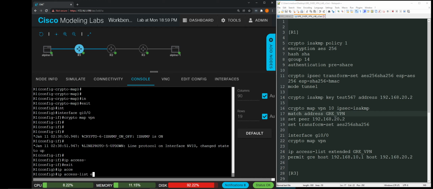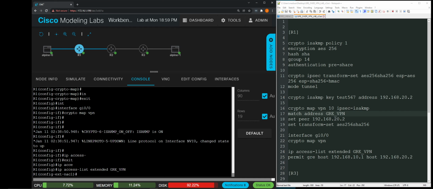So IP access list extended GRE underscore VPN. Now the really important thing here is that this is a little bit different than what you would normally see. So we're going to permit the GRE protocol, and we're only going to allow that between the